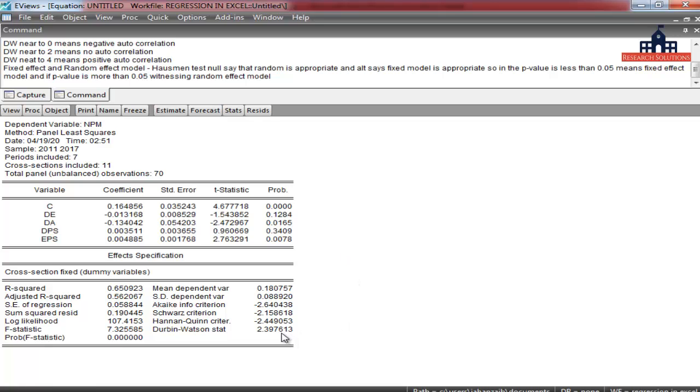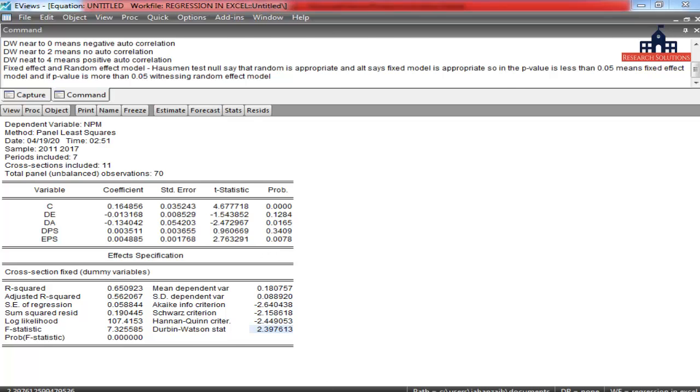Now it's showing that there is no autocorrelation, the model is fit, and you can see it's not against the logic. Just one variable is being accepted, and EPS is also being accepted here. Debt to asset ratio has a negative relationship with the net profit margin. EPS has a positive relationship with the net profit margin. And now R square has also increased. In the statistics, we can say that the p-value is less than 0.05. Durbin-Watson is saying that there is no autocorrelation because it is near 2. So everything is fine with the fixed effect model in this financial modeling.